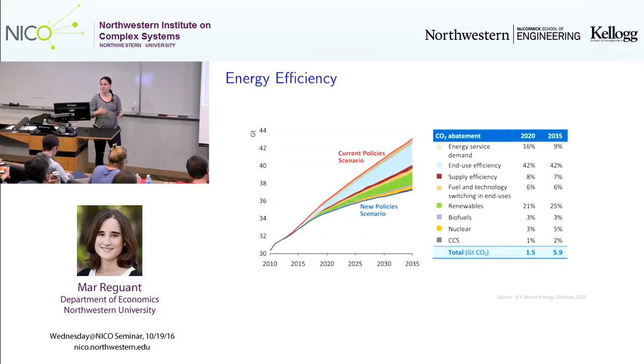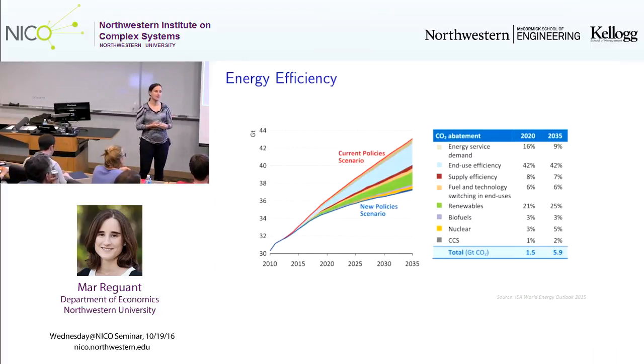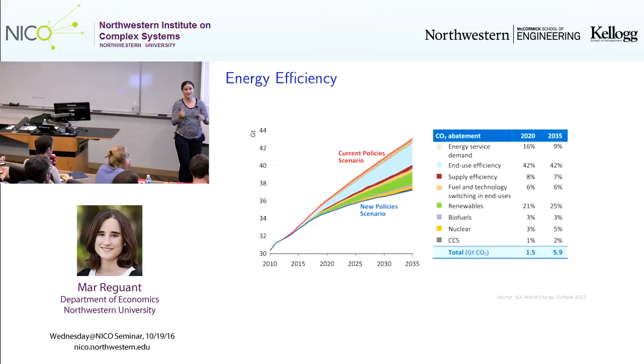For those of you who are not familiar with what energy efficiency is, it's basically a set of measures that we hope we can undertake to get the same kind of service from energy, but using less energy. Lighting is a good example. We get the same light, but all of a sudden we're cutting by a third or by a quarter what the light bulb needs to produce the same energy. So this is energy efficiency, and it's believed to be a sort of untapped resource, and many hopes have been deposited in energy efficiency going forward.